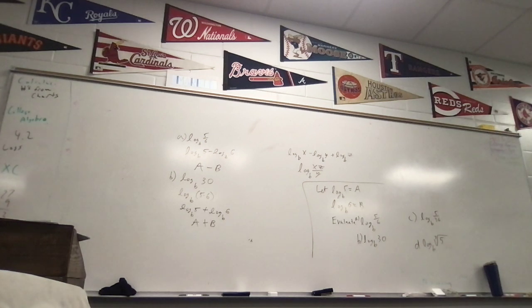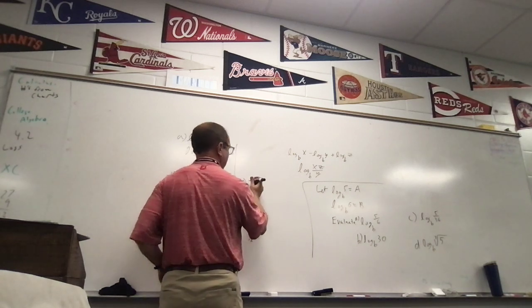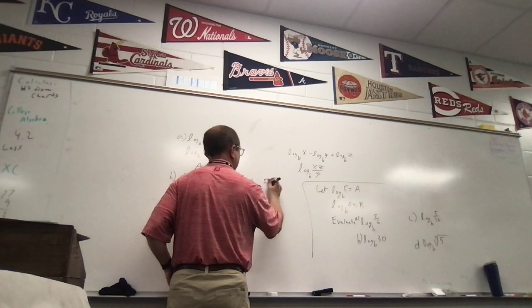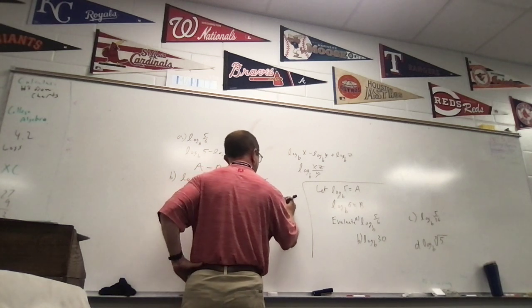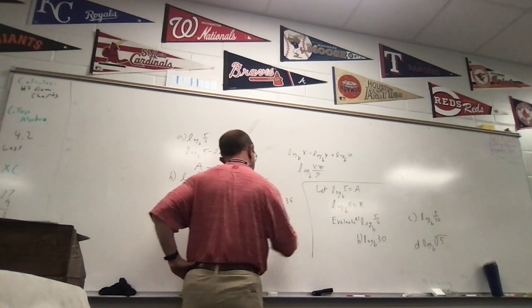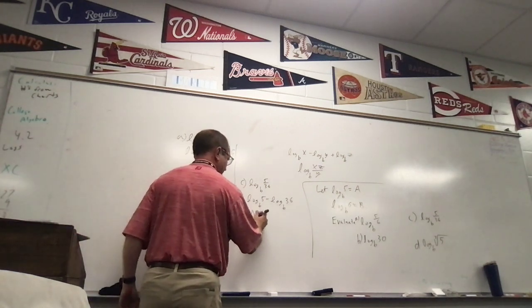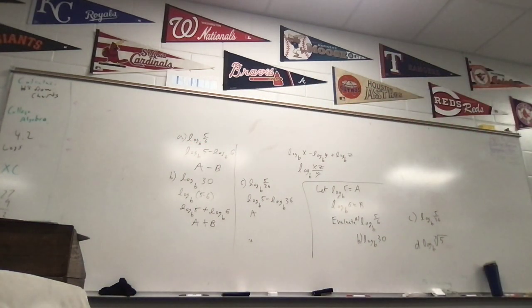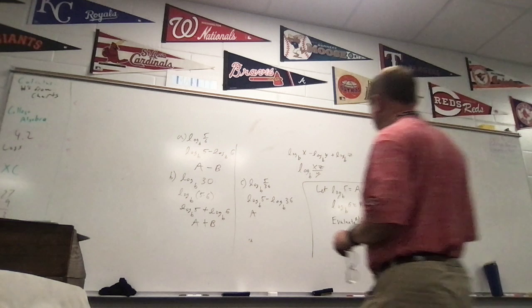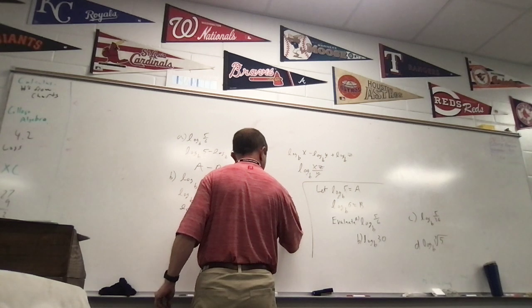Okay. C. I have the log base b of 5/36. Well, that's the log base b of 5 minus the log base b of 36. Now, I know what the log base b of 5 is, right? It's A. But what about this log base b of 36? How can I handle it? 6 times 6, or we could just say 6 squared, right? Okay, so it's minus the log base b of 6 squared,